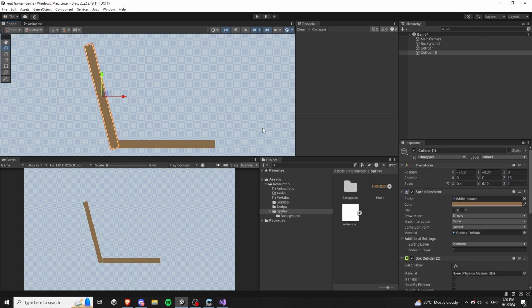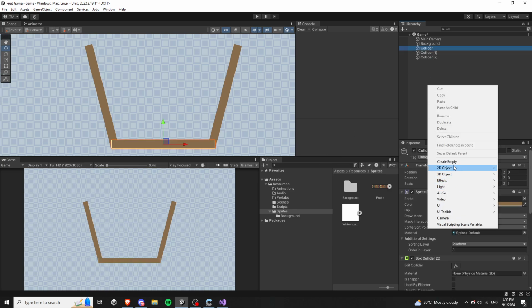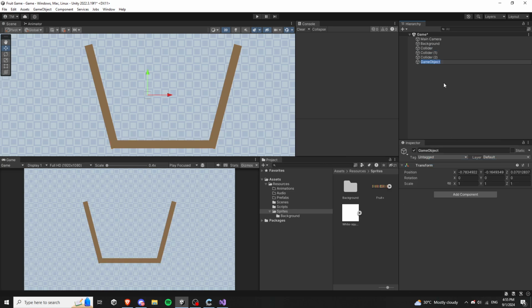Now we'll copy paste this, and on the x-axis we'll multiply by -1 to place it to the right side, and now we need to rotate it to the other direction like this. Now we have the platform for the fruits to fall into,